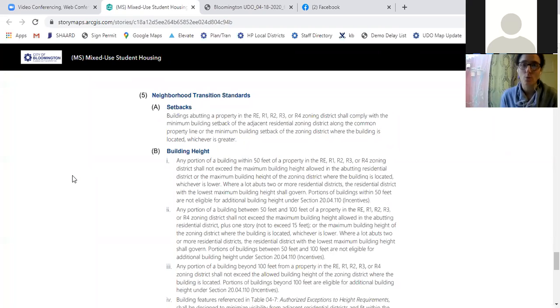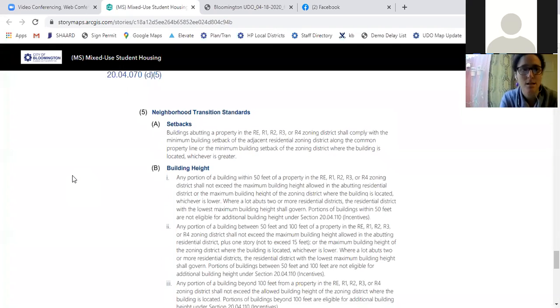So if you are within, for example, 50 feet of one of the 5 districts that I mentioned, which is going to potentially be going down to 4 with this update, but basically one of the R1 through R4 districts, then that portion of your building cannot exceed the maximum height of the adjacent district. So that could come into play for the 3rd and Jordan node because it is surrounded by R3, at least